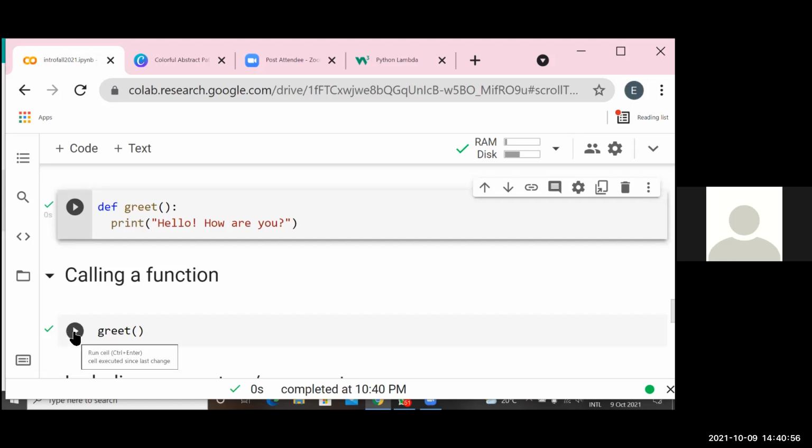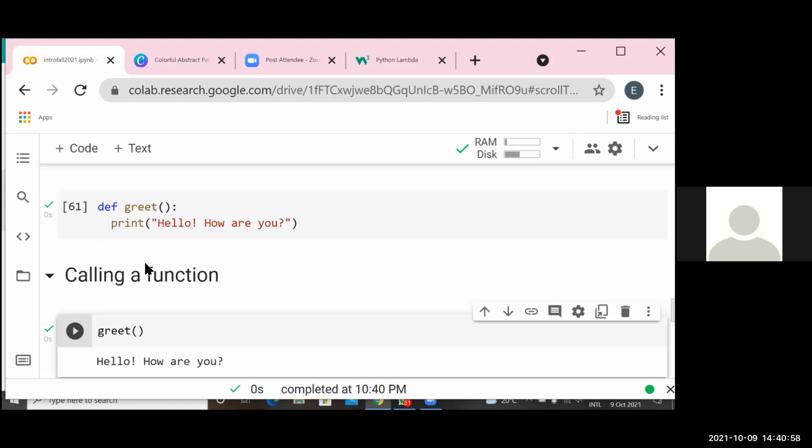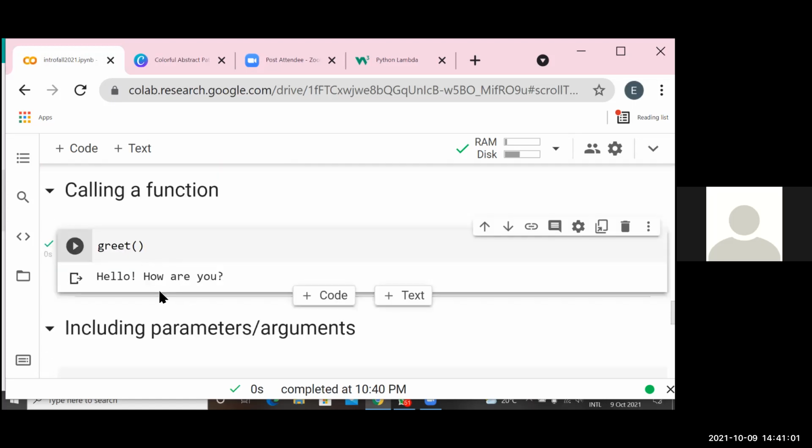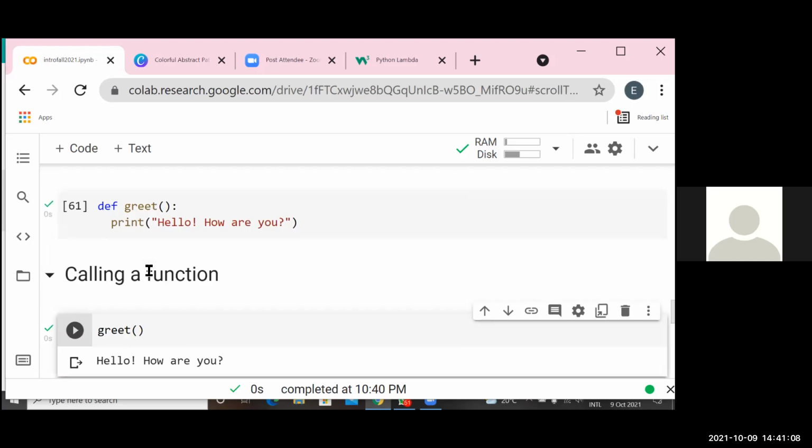So that is how we call a function. And you see now it prints, hello, how are you? So we need to define a function and call it for it to be executed. So that is why I was saying, if you have maybe 100 lines of code, you can define all our functions at the top. Then at the bottom is where we call our functions, and we'll now see different aspects of what I mentioned earlier, the importance of using functions and how we can utilize functions in our code.